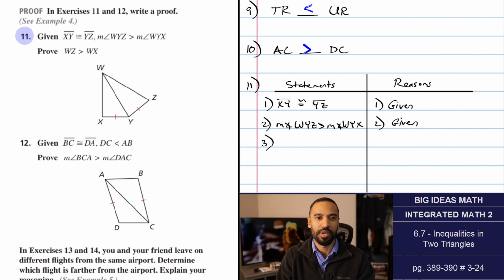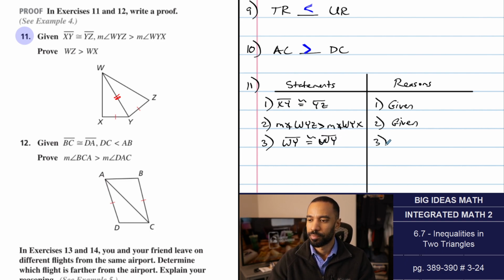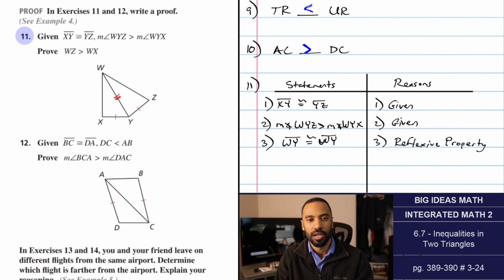So my step 3 needs to be, because here's what we need, another set of congruent sides here. That's the hinge theorem setup. And this one we can say WY or whatever congruent to itself. So WY is congruent to itself, shared side in both triangles. This is by the reflexive property of congruence. Now that we have the setup that the hinge theorem necessitates, and we've mentioned the givens that are important for this,